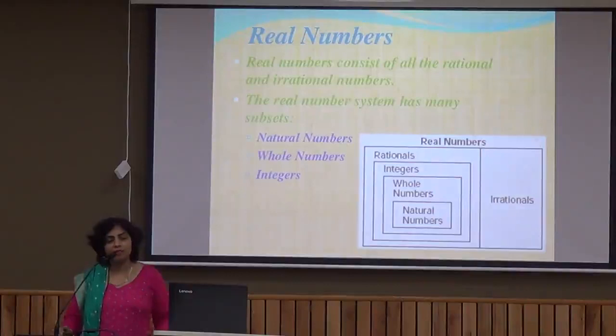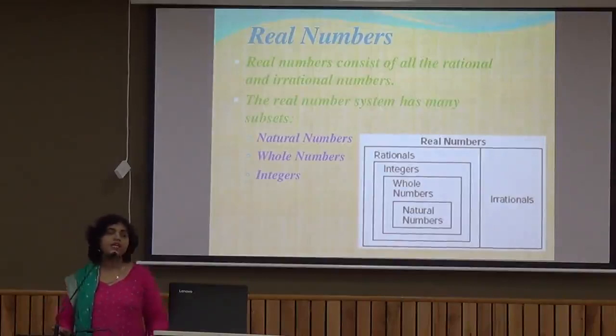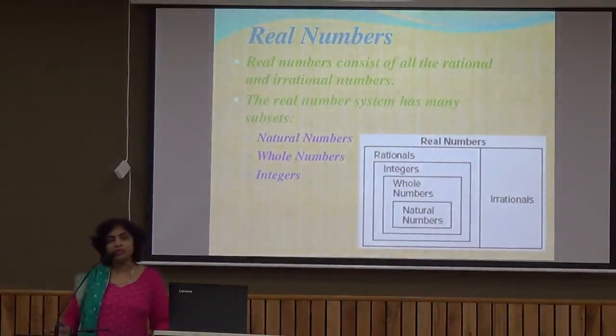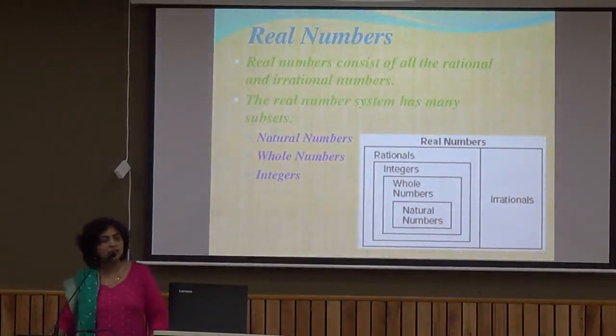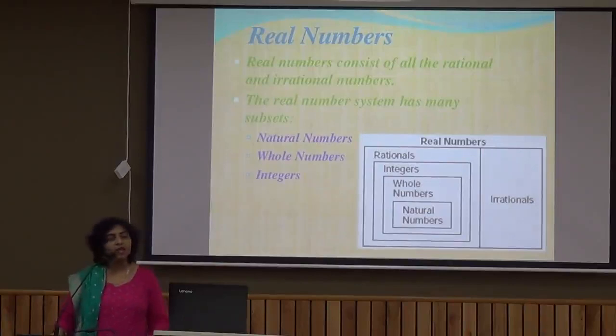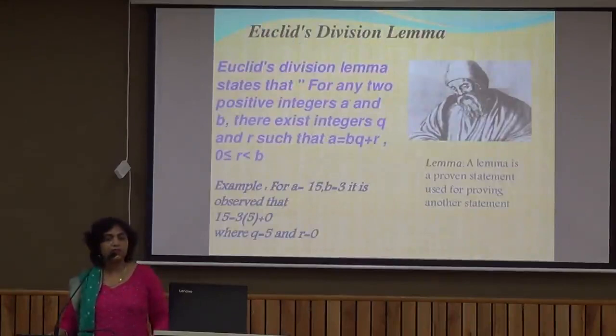First we studied counting numbers, which were also called natural numbers. Then when we went to higher classes, we studied whole numbers, which included 0 with the natural numbers. Then we had the negatives of the positive numbers. Together they were called integers, and then came the fractions, and fractions of negatives became rational numbers. Then there were numbers which were not rationals, so those were irrationals, and together all the numbers are called real numbers. So let's together start real numbers.